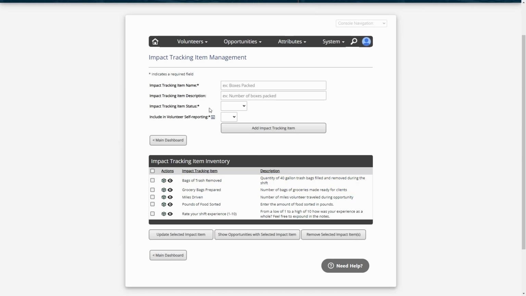What these metrics are is entirely up to you. You can create whatever items you want through here, and then you can select which events are engaged with these impact tracking metrics. So I have some in here like bags of trash removed, grocery bags prepared, miles driven. I also have one here that's rate your shift experience. I'm not going to run reports on this per se, but more I'm just gathering information from